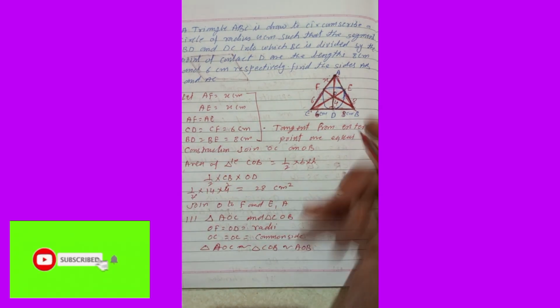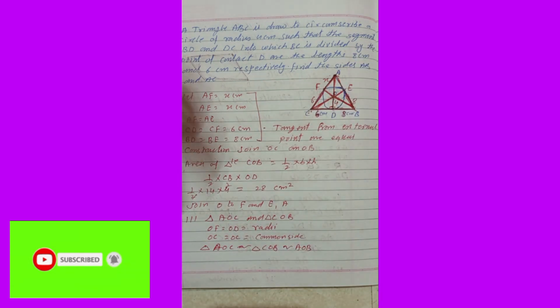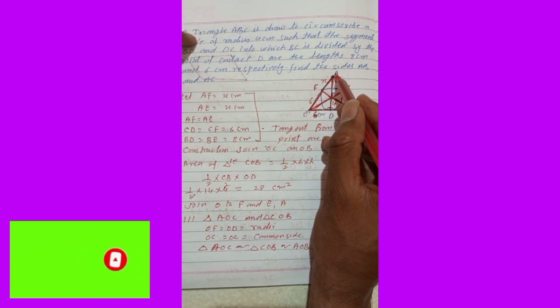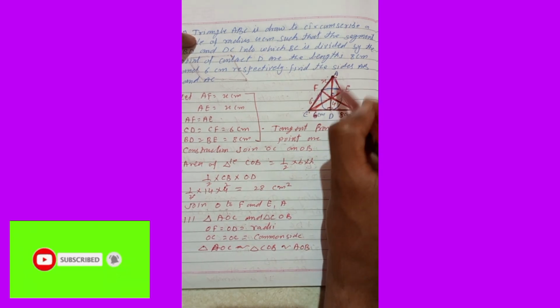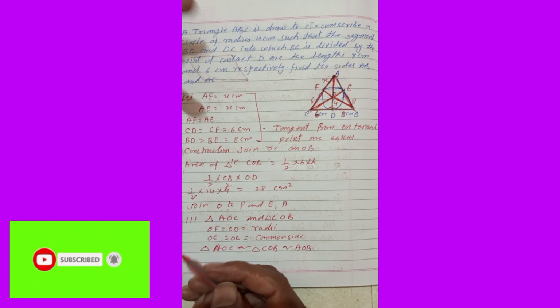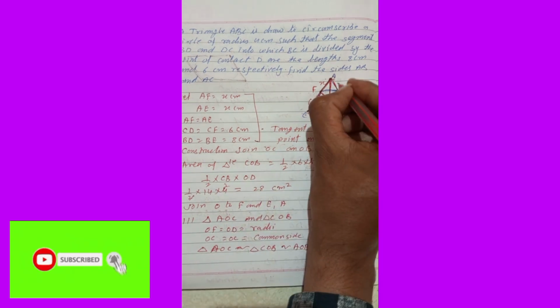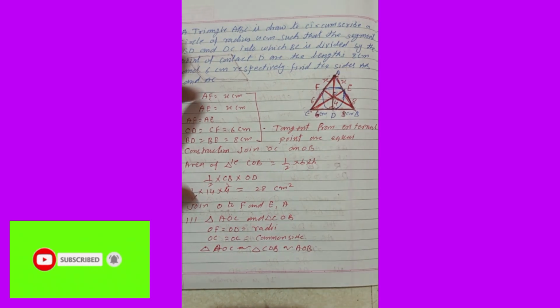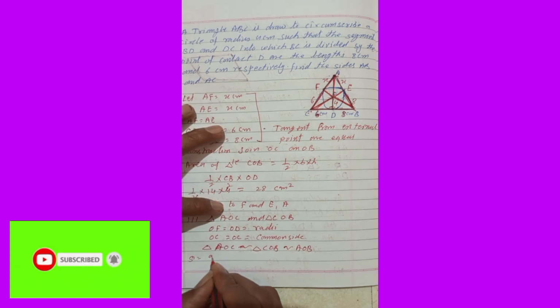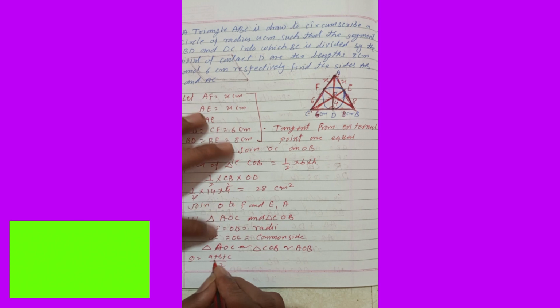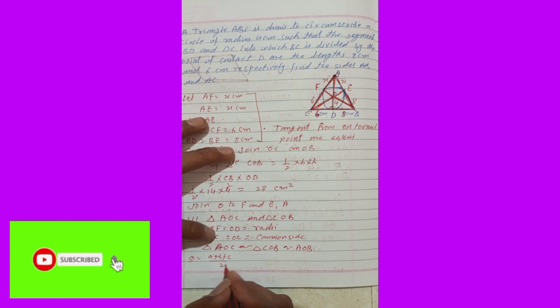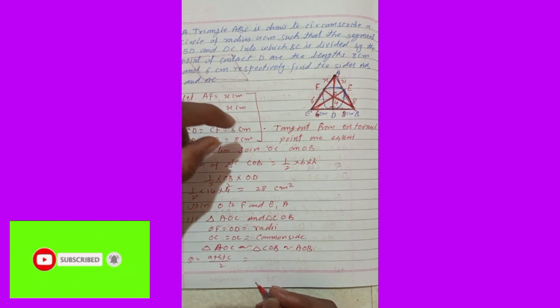Now we are going to find the area of the total triangles. All triangles means triangle AOC, triangle COB and triangle BOA. We have to write the three sides of that one, so we use Heron's formula to find that. I hope you know Heron's formula; you read it in the 9th standard. S is equal to A plus B plus C by 2, side A, side B, side C.